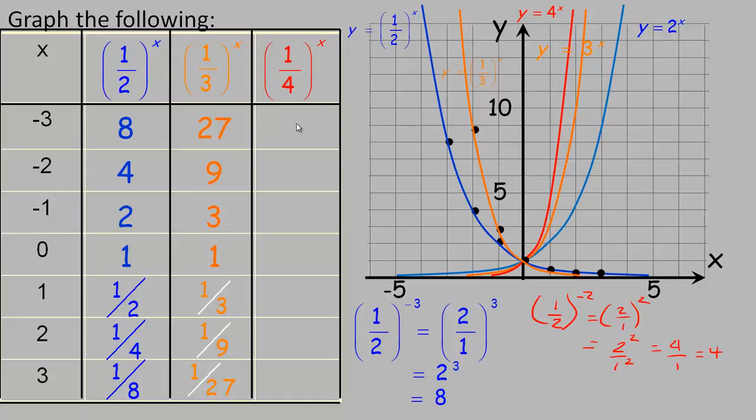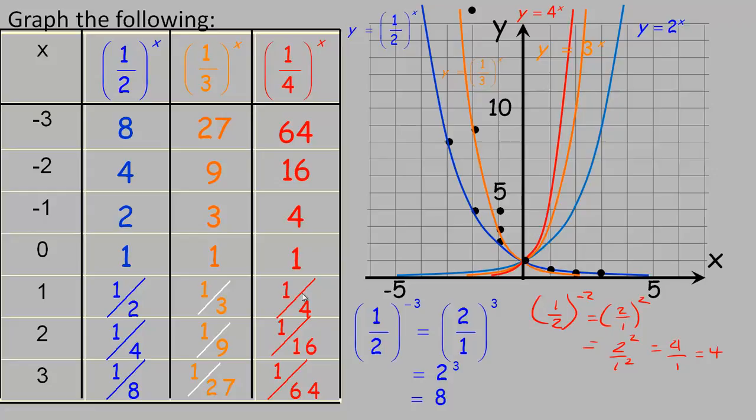And similar idea, again with the quarter, I'm just going to put up all the values here. If you want to pause the video to copy that on, if you're taking notes, you can. Again, same y values as the previous page, just in the opposite order. So if we plot these, and I can't plot the 64 one because it's too high, but -2, 16 was that one, and then -1, 4 would be this one, and then 0, 1 would be right here, and